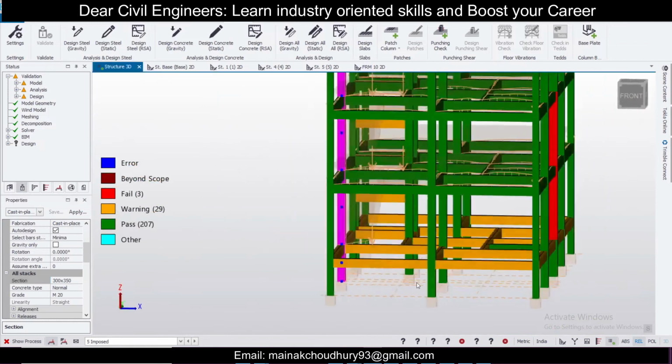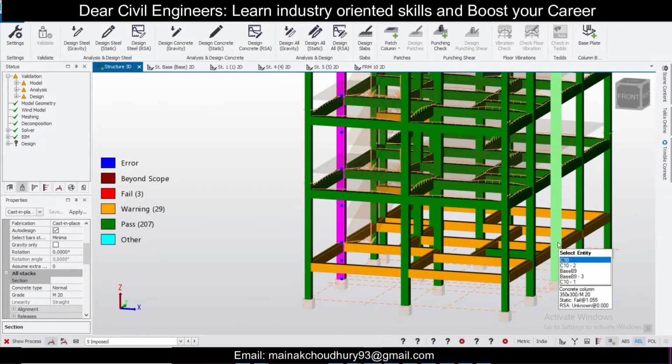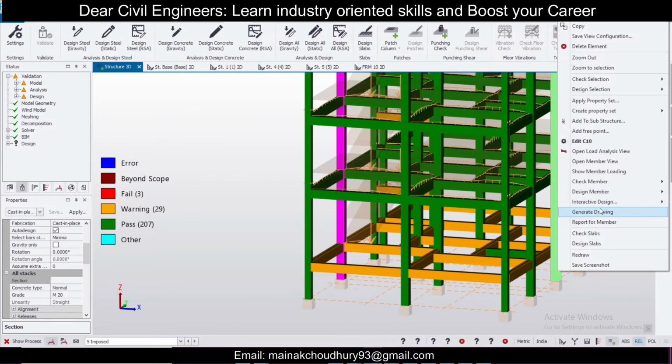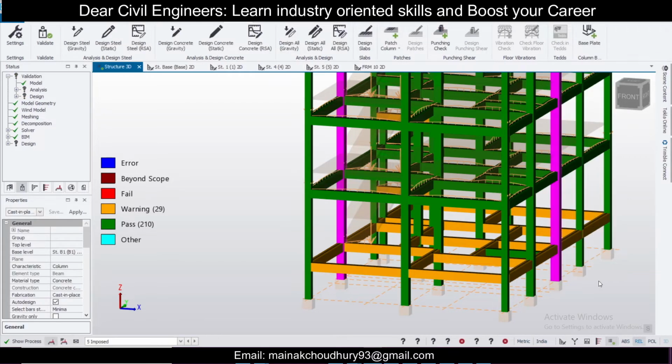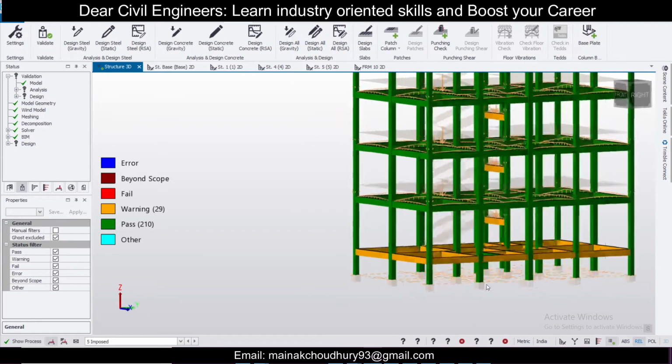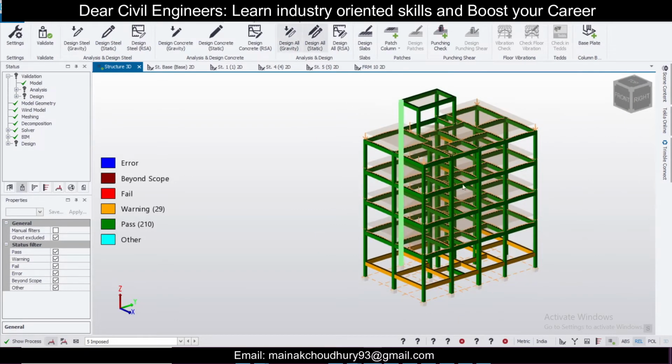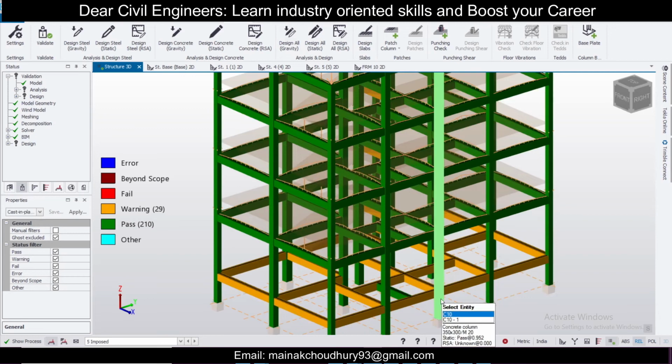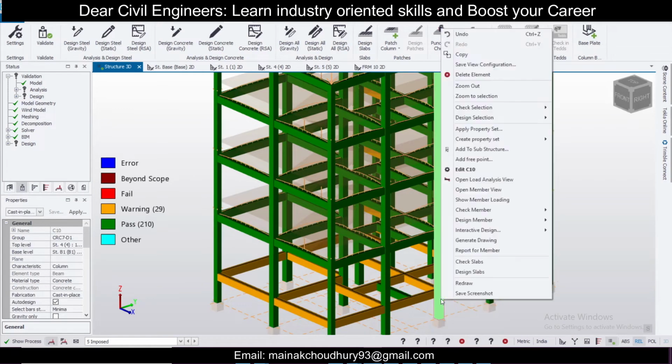Okay, and then select these two, and then select this design selection, just the option of design selection static. So click on escape. So it is being designed, and let's check the reinforcement of this column,